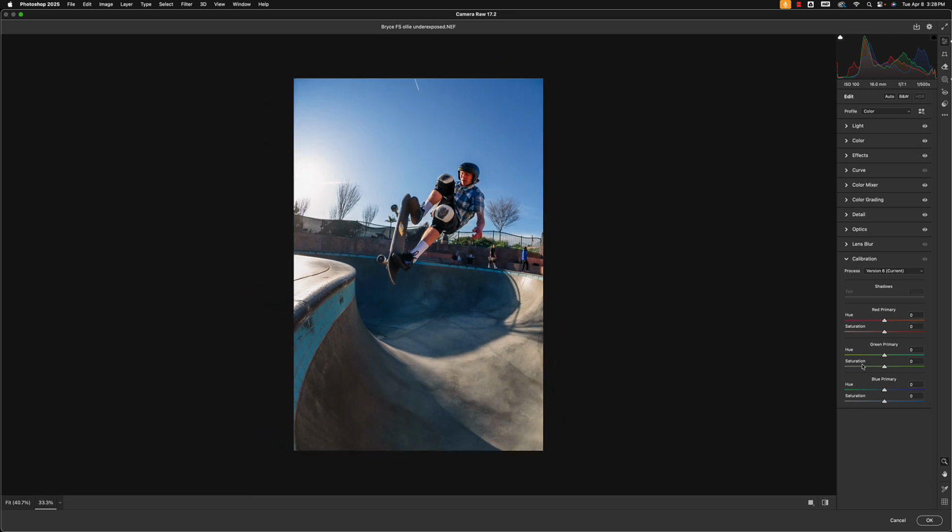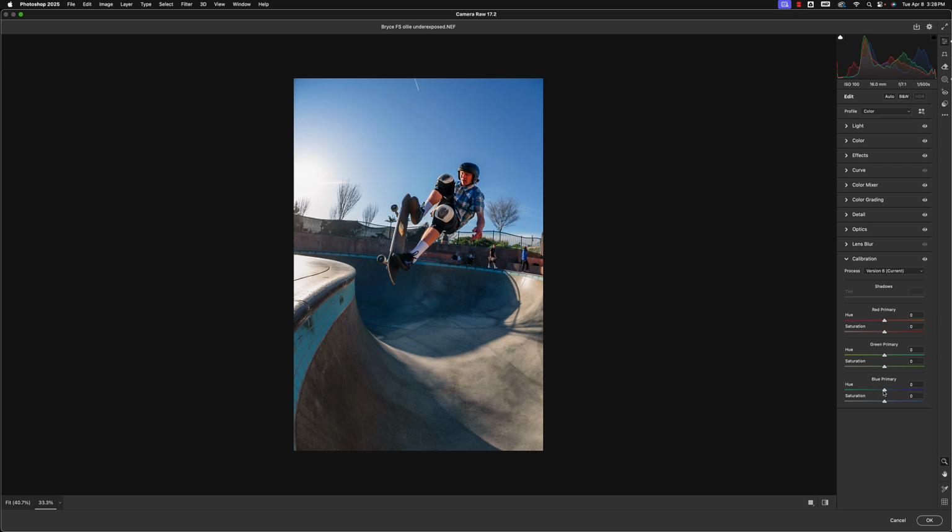Like, for example, if I wanted to punch up sort of the teal and orange look of this image, I could grab the hue slider and maybe take it to the left, and you can see how it's turning all my blues kind of like a teal color, and that orange in the skin is really starting to pop now. Again, this is an extreme example, but